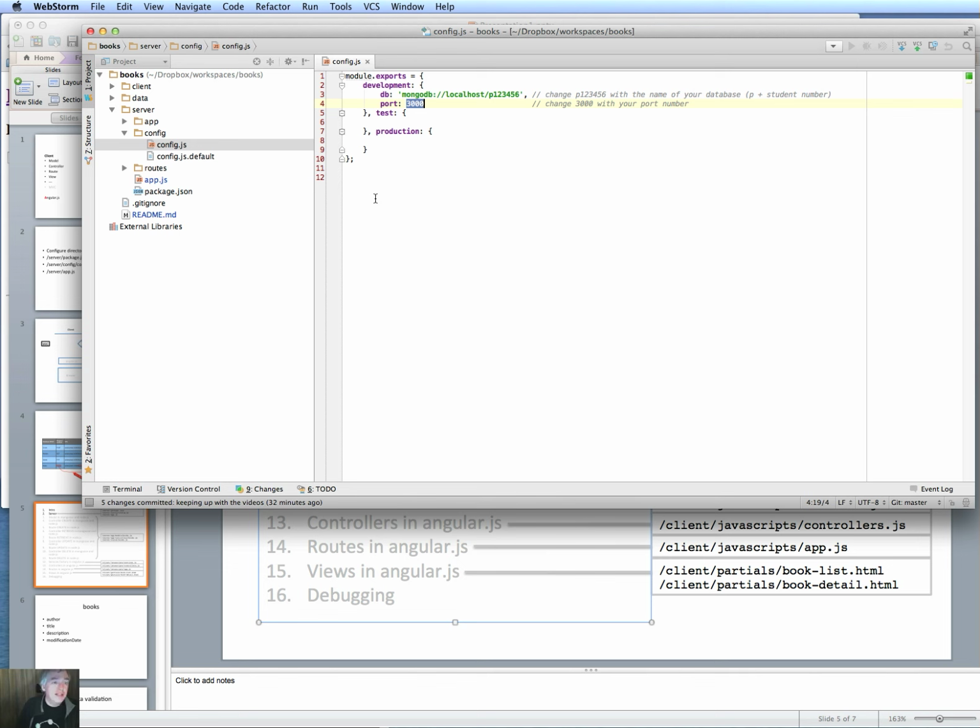We build this file by hand. There's a name for it, that's demo. There's a version, private, true, scripts, standard, node, app.js, that's the name of our application, and then the dependencies. Every time I add a new dependency, I have to do an npm install, and it will install the new dependencies. The dependencies are installed in a node_modules directory in the same place as where package.json is located, and